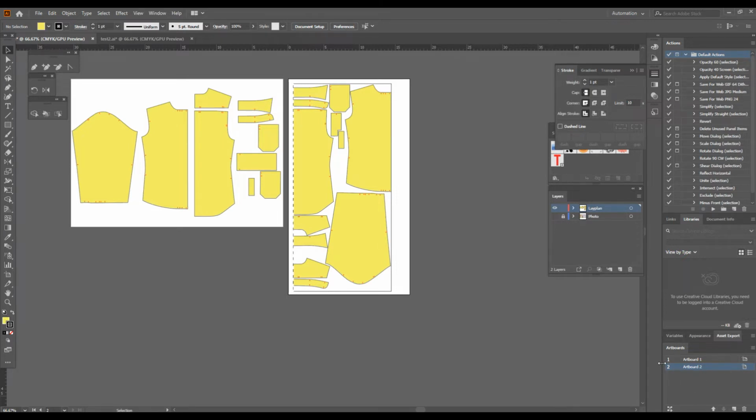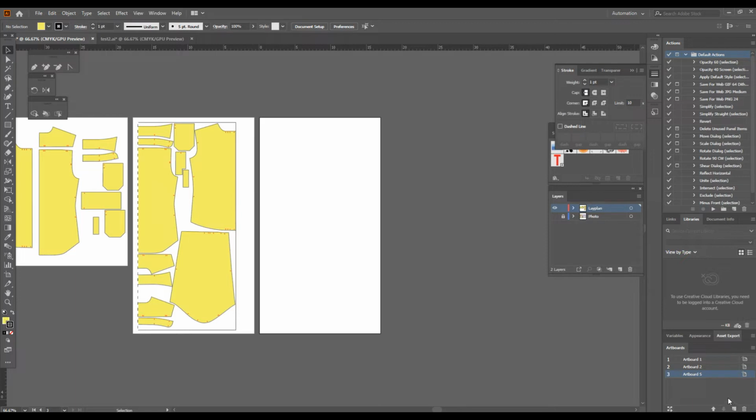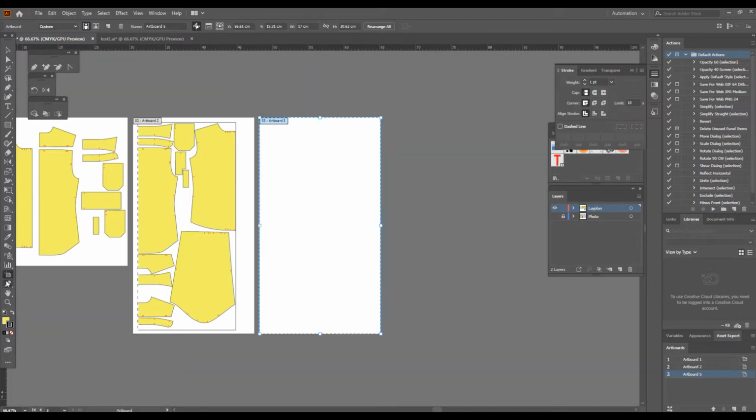On the bottom right corner, I have artboard window, and the second icon from the right is new artboard. Click the second icon, and I'm going to change the shape of the artboard to be wider, because it's going to be fabric unfolded. Should be presented here. And here is the artboard tool. Change the tool into artboard tool, and I'm going to